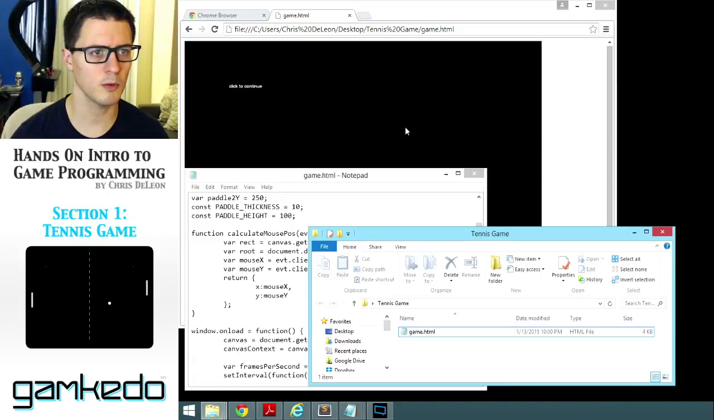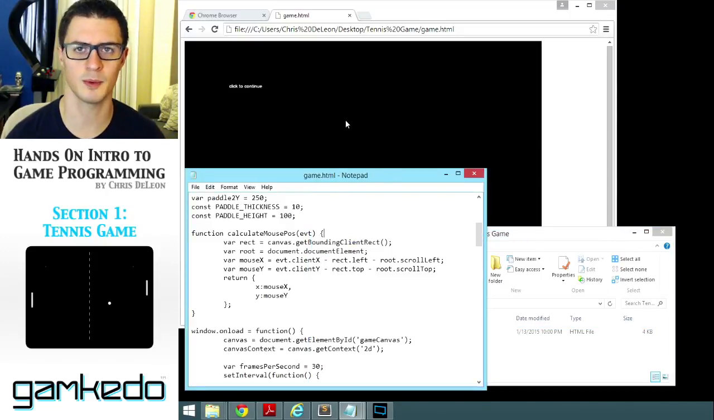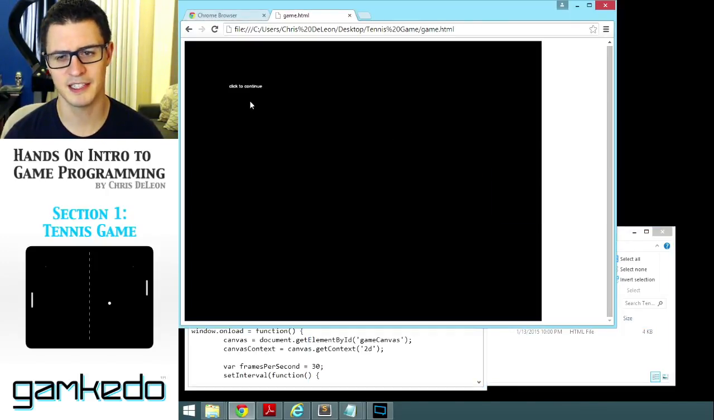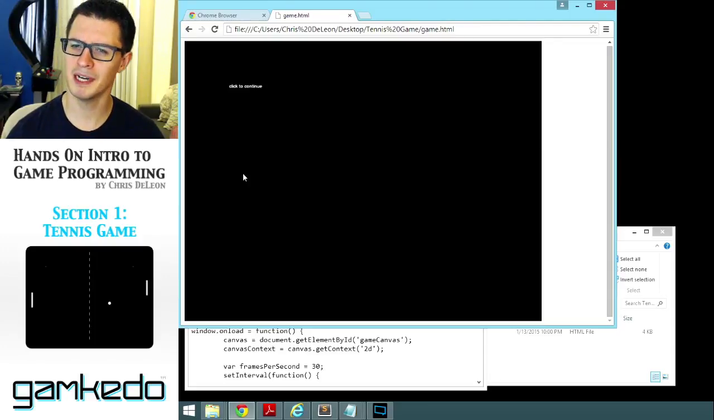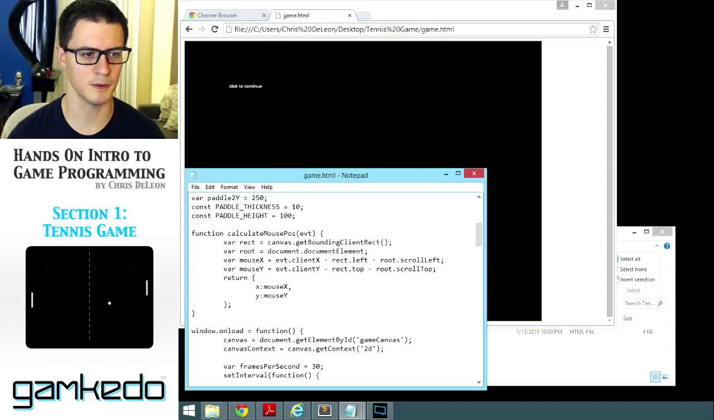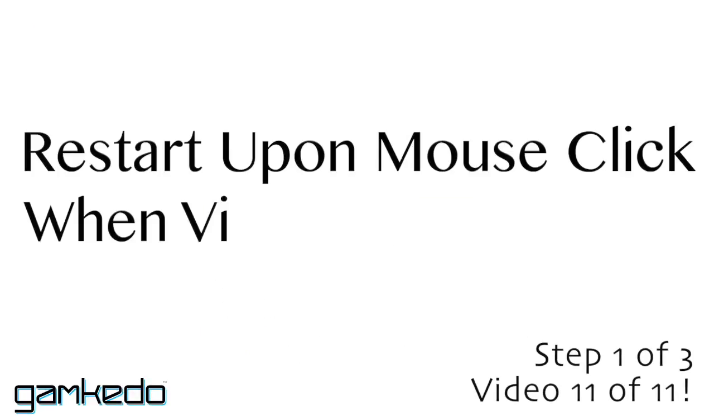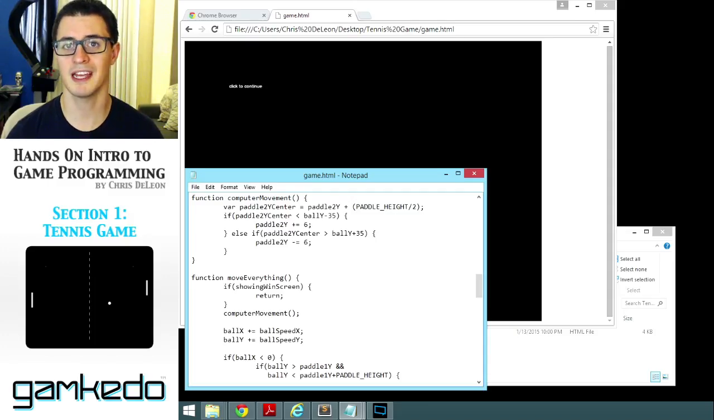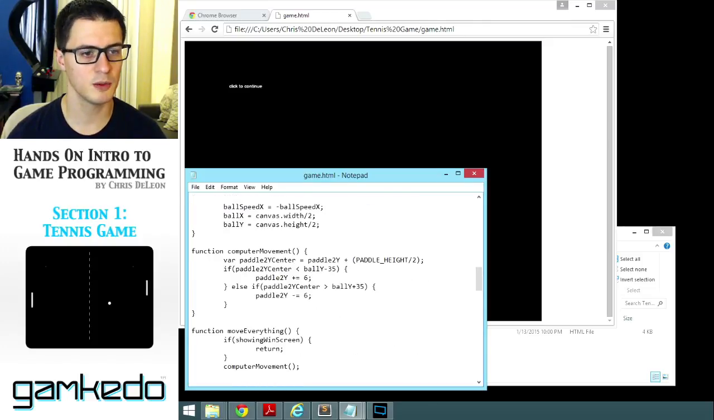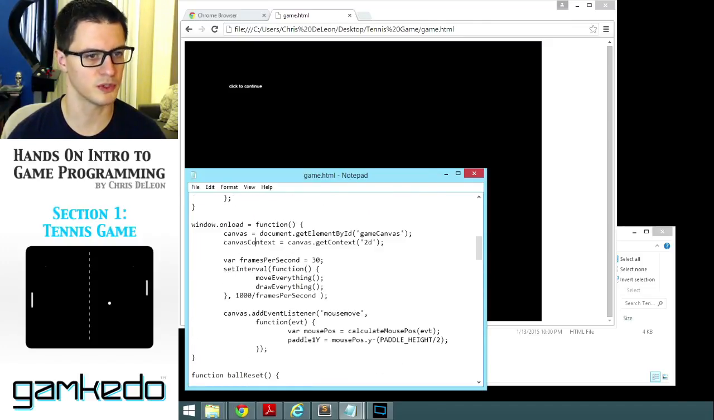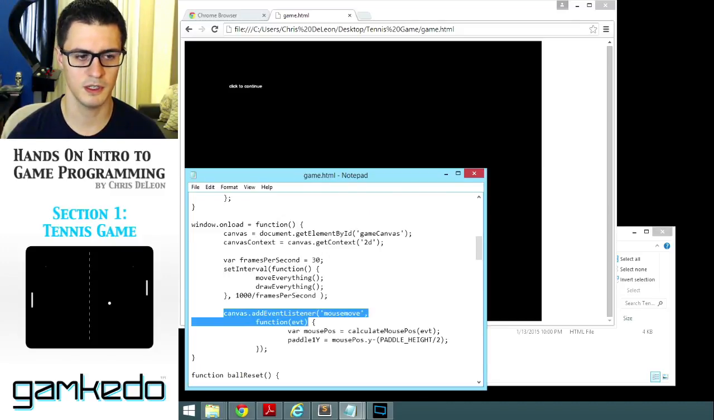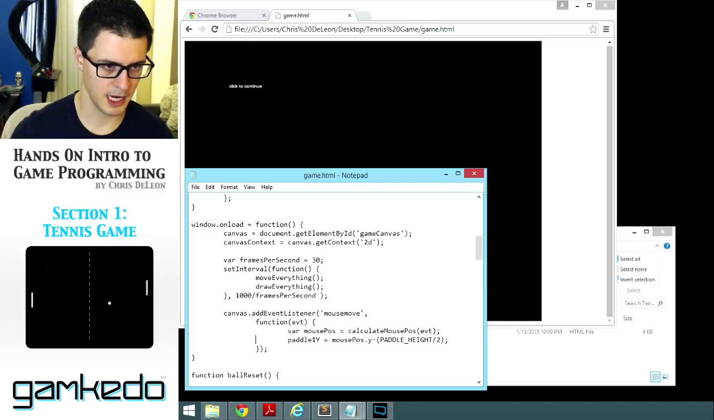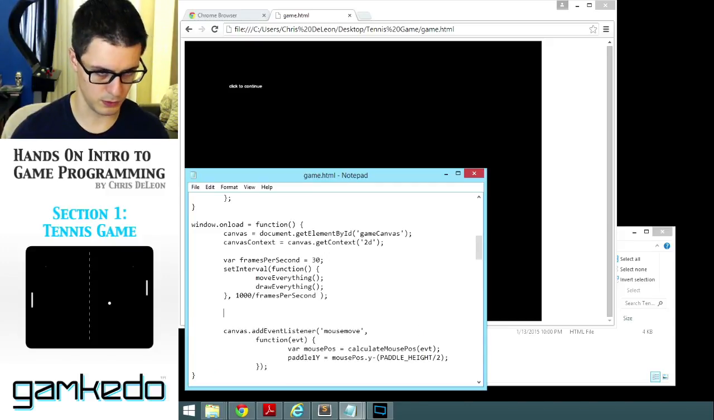Okay, so here we are where we have the game, so when it ends, when either team reaches enough points, it says click to continue, but there's not any way to click to continue. So what we're going to have to do is connect another event function, just like we did for when you move the mouse, to the event that happens when the mouse button goes down. So let's look at where we connected up the mouse move function in window onload. And let's connect another one to